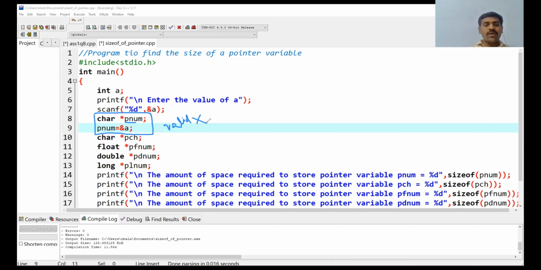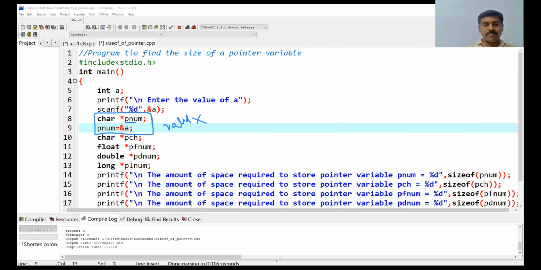So if you want to declare a pointer variable, the data type of the pointer variable should be the same as the data type of the variable it is pointing to. Sir, you should remember this point clearly.